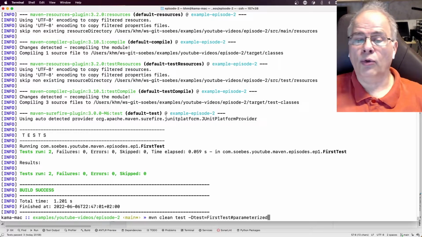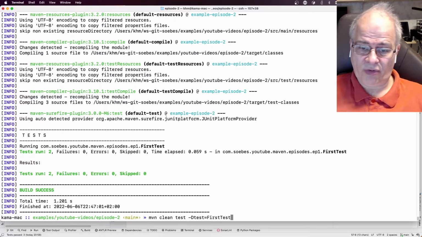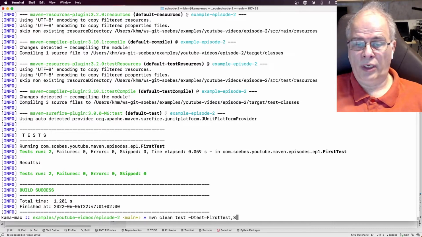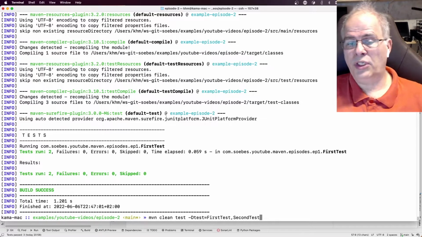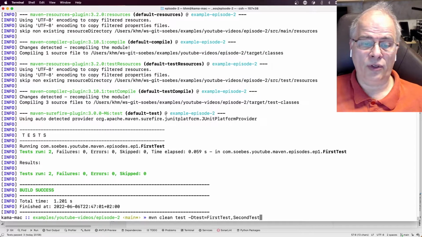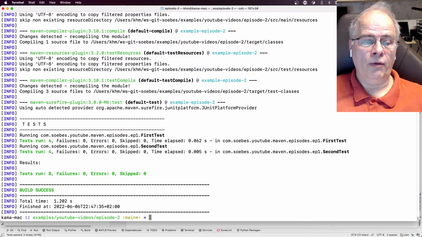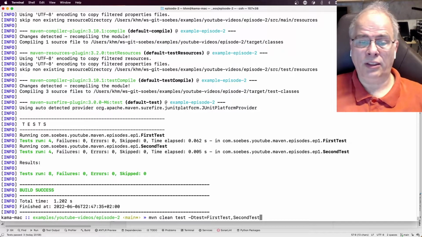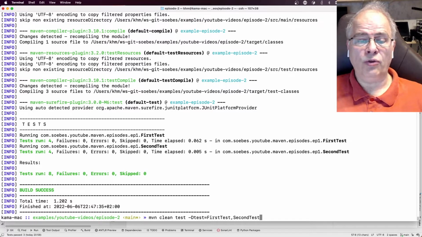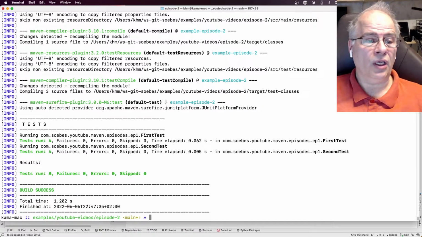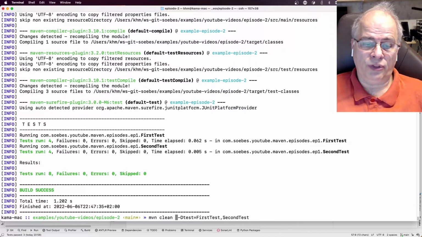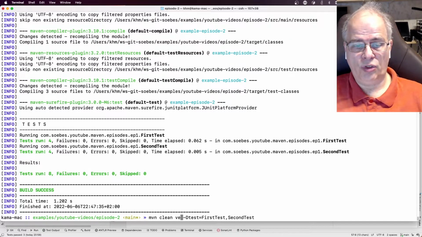So I can also combine that and say, okay, I would like to run all the tests of the first test. And of course, I can separate them with a comma and run all the tests of the second class here. That would be equivalent to not defining it, but I can do that and combine it in different ways. What you can also do is the same thing with the integration test. That is possible too. There is more or less no difference. The only thing you have to change here is to say